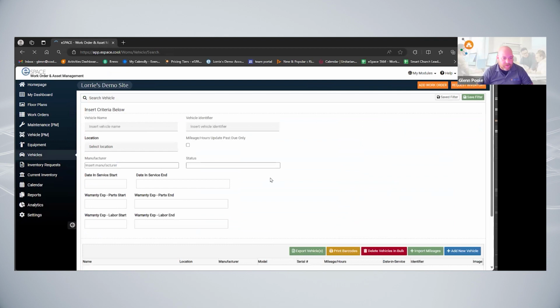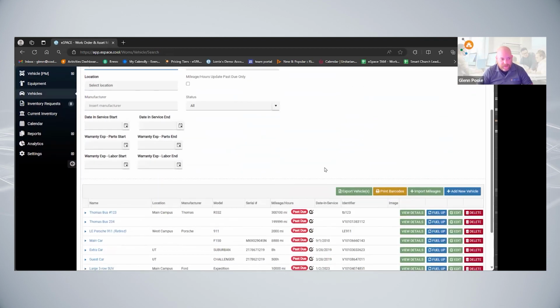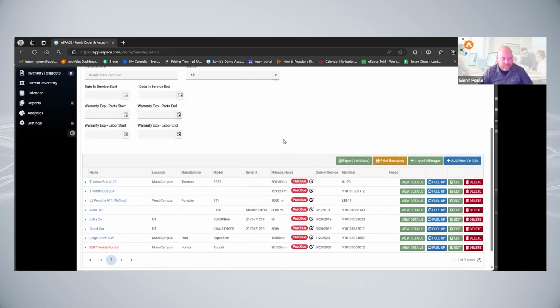We also have what's called Vehicle Pro here. And this is where you can keep track of work that's being done on your vehicles. The difference between vehicle PM and regular PMs is regular PMs are tracked by time, like daily, weekly, monthly. But vehicle PM is set up to track by mileage. That way you're getting the oil change when needed, tires rotated, and all that is based off of the mileage